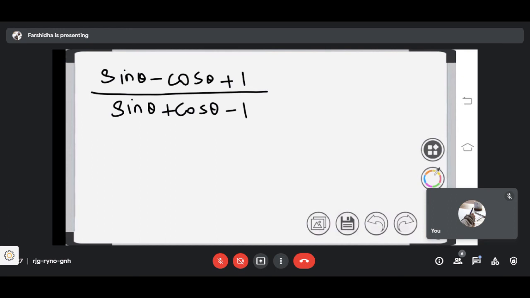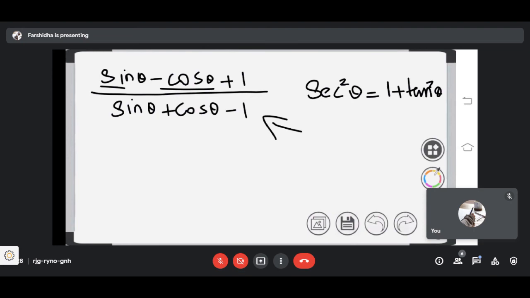So listen carefully. This is a little tricky one. I'm not sure whether this question is taken from your syllabus or not. Anyways, we'll do this one. They are telling we need to use this identity, sec square theta is equal to 1 plus tan square theta. But see the question, you don't have any sec or tan in the question. So how can you use this identity? You have sine and cos here instead of sec and tan. So you can't use identity number 3 here.